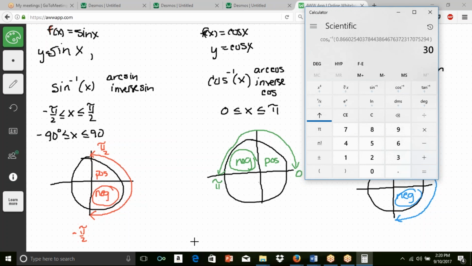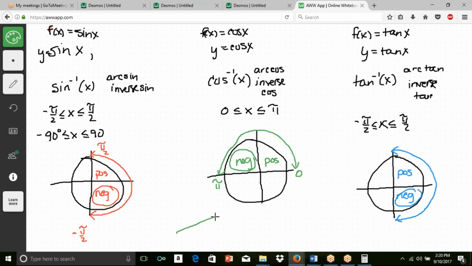Because in my 30-degree angle right here, this is square root of 3 over 2, this is 1/2. Square root of 3 over 2 for this angle here is adjacent over hypotenuse. So hypotenuse is 1. So square root of 3 over 2, put that in for cosine, and it gives me a 30-degree angle. Okay? So now that you've kind of understood what's going on with our inverse sine,